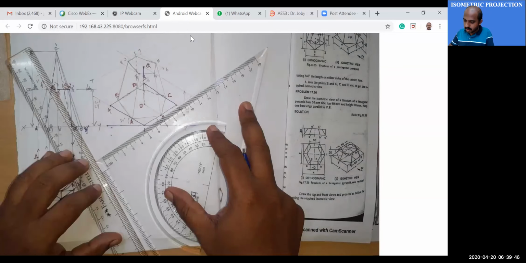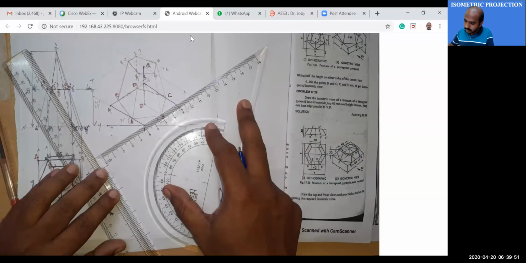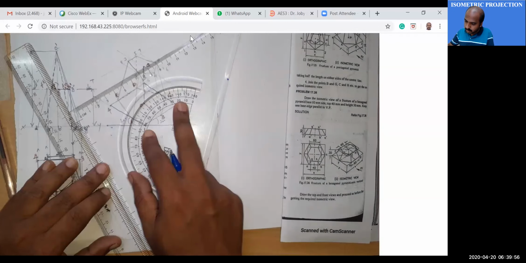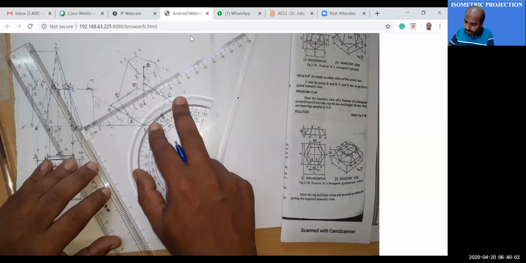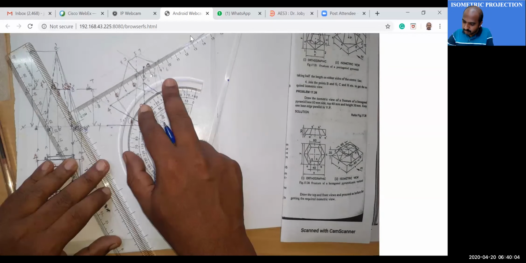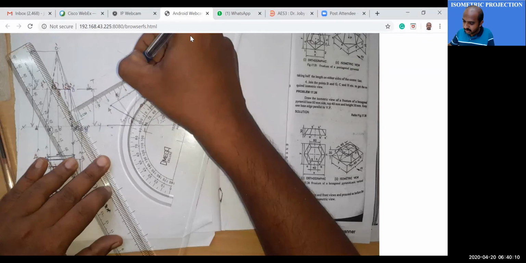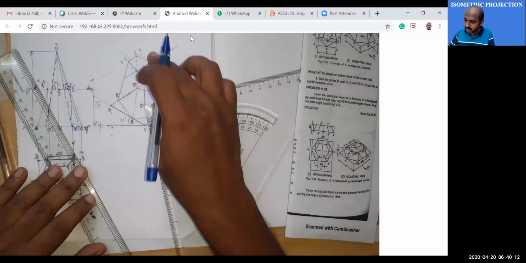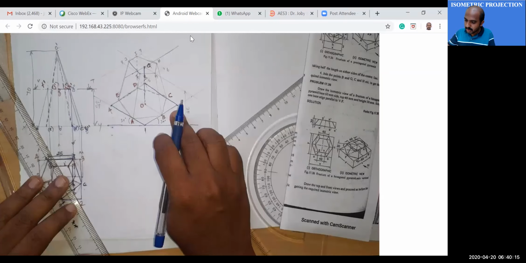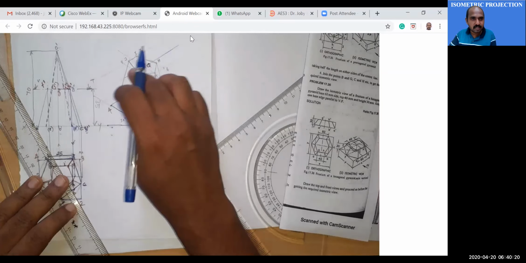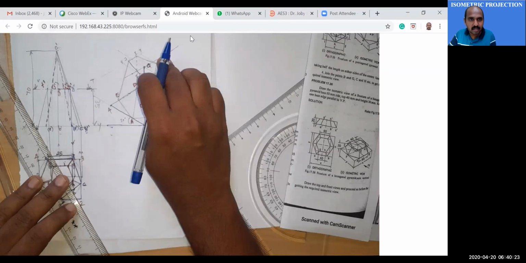So you keep the scale and protractor like this, then move it like this. Okay, so you keep the protractor, then draw a line passing through Q, which is parallel to 1 Q. What's the meaning of this? Actually, here also you are drawing a line which is 30-degree inclined, because 1 2 is already 30-degree inclined. So when you draw a line passing through Q, parallel to 1 Q, it is again inclined 30 degrees. Now this is a 30-degree inclined line.